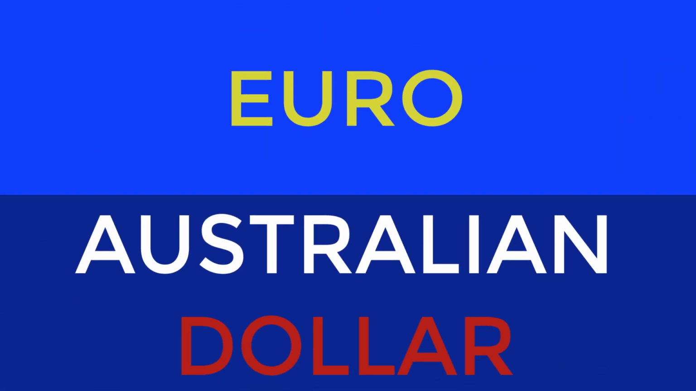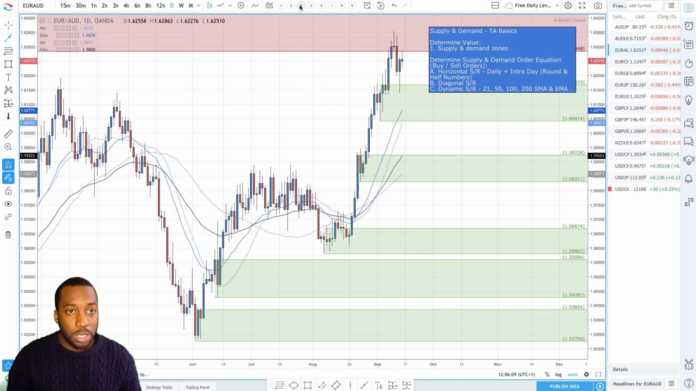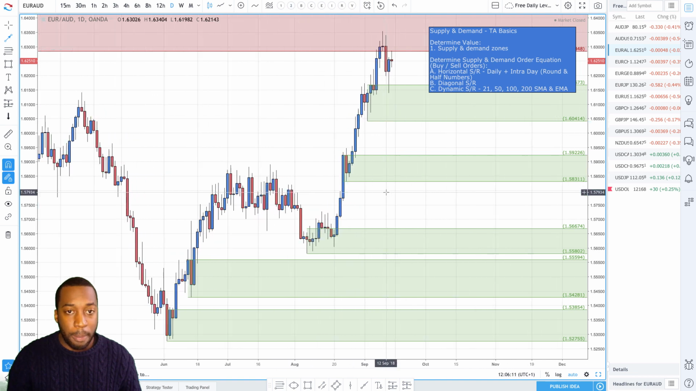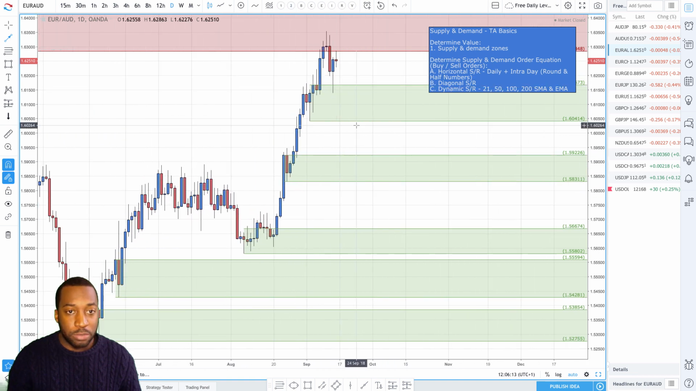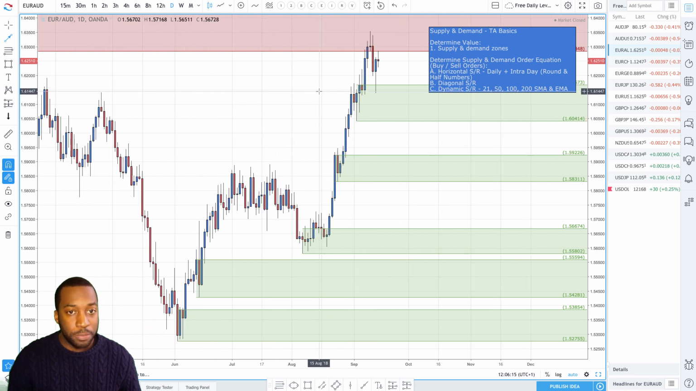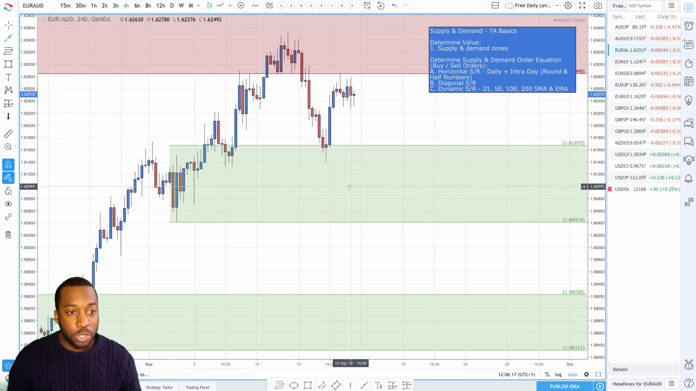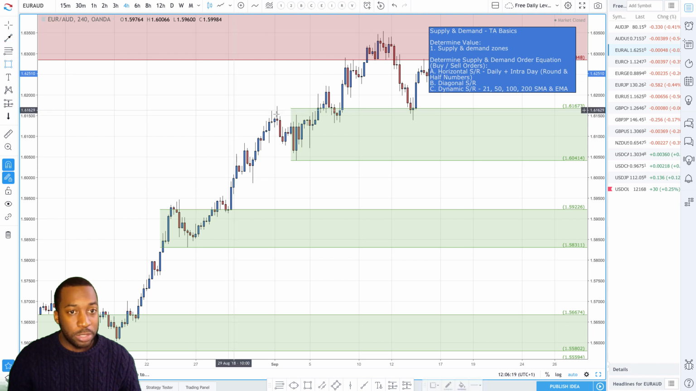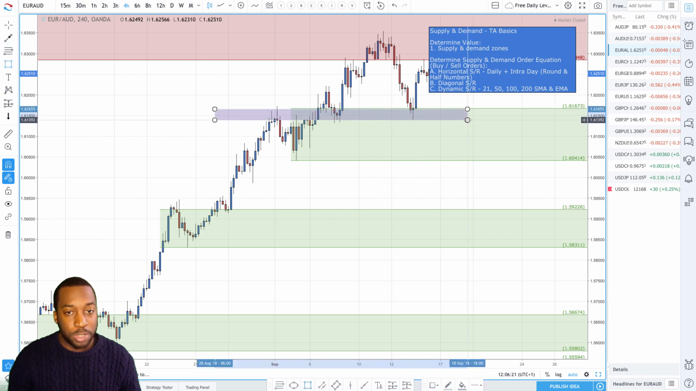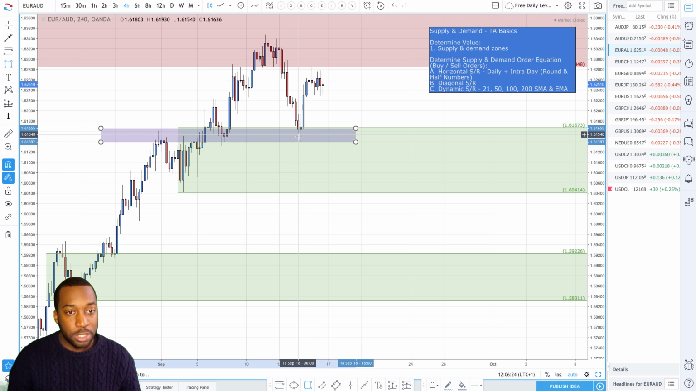Euro Aussie, and we did come down into this demand zone here. I said from last week, I was looking at a lower time frame chart, I think, and I just said that this would be the area from a support and resistance perspective, and you can see where prices did, you know, react off of that and then go higher. But from a demand perspective,